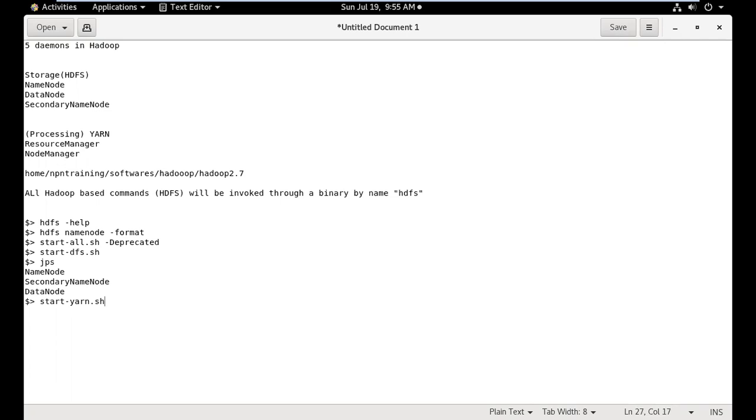But in production, you should learn how to start and stop. So when I do start-yarn.sh and then JPS, the services related to storage will already be there. Along with that, you will get services related to processing, resource manager and node manager.